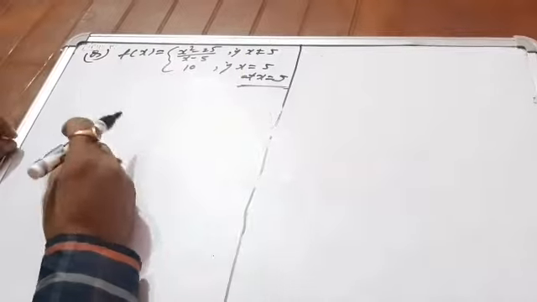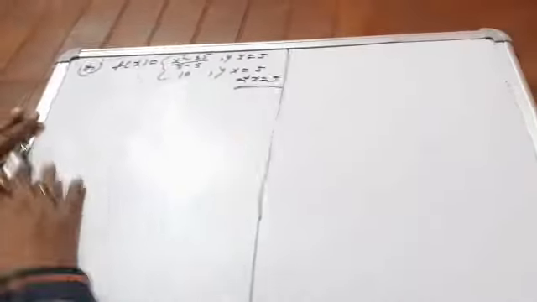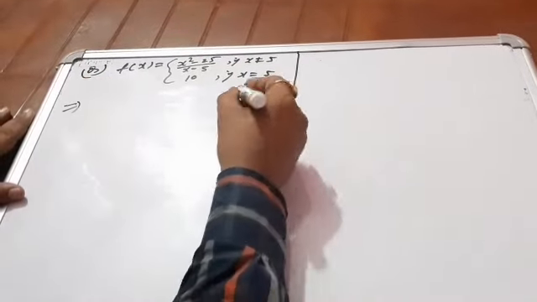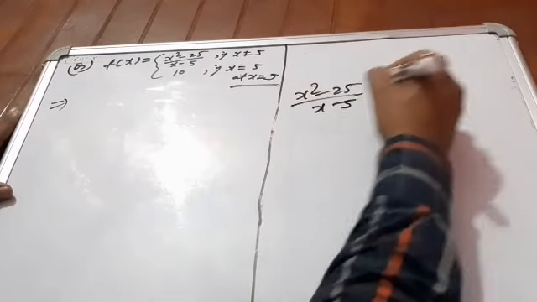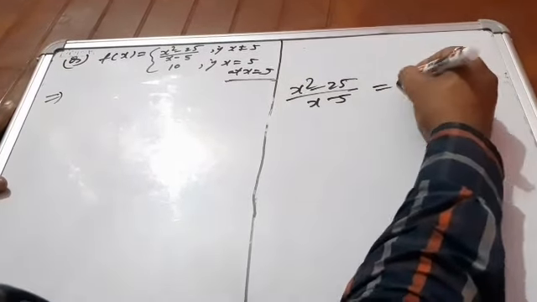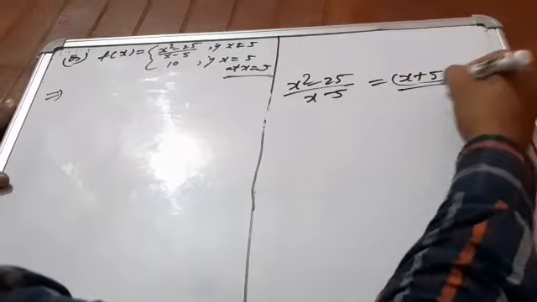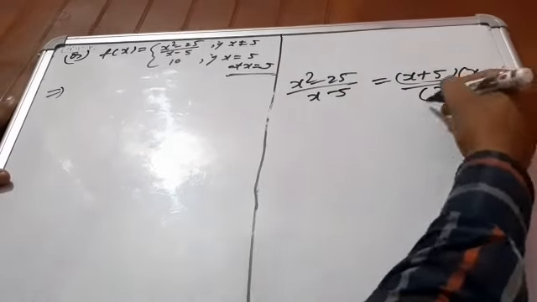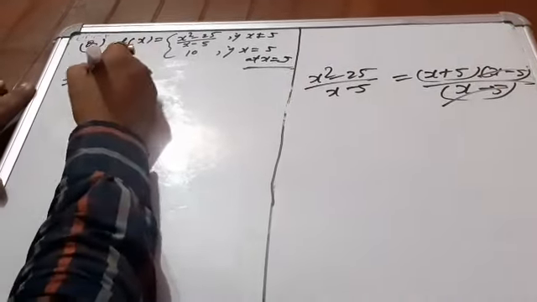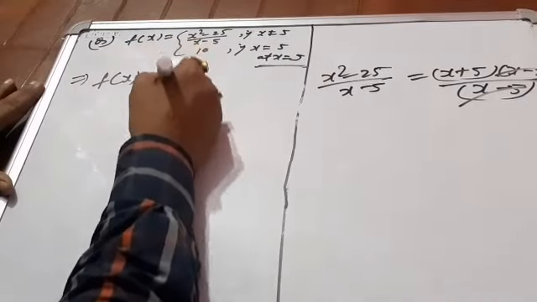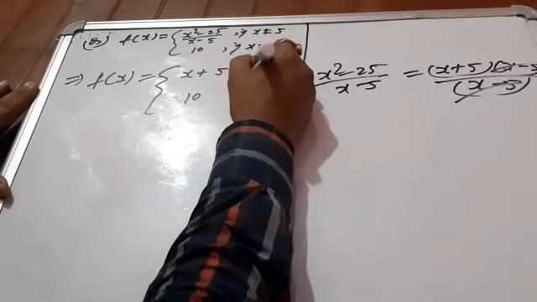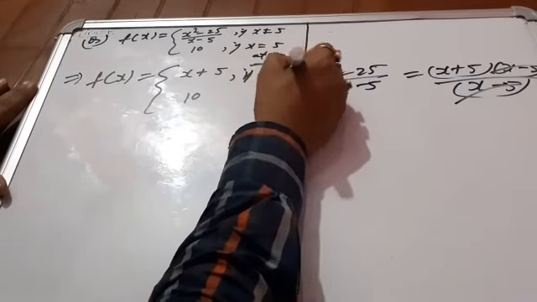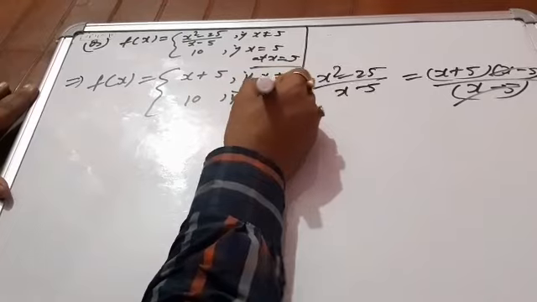If a numerator by denominator type of question is given in terms of an algebraic function, then at first it's better to convert it into general form. We know x square minus 25 by x minus 5 is simply (x plus 5)(x minus 5) divided by (x minus 5). The value is x plus 5. So easily your function gets reduced: the first value is x plus 5, the second value is this. First one is for x not equal to 5 and second one is for x equal to 5.